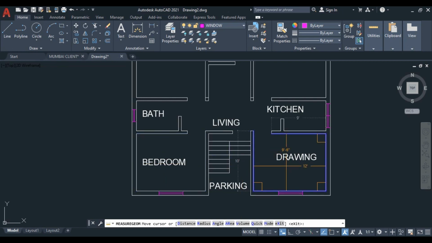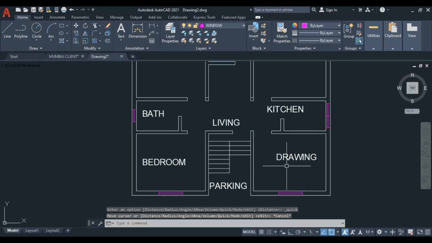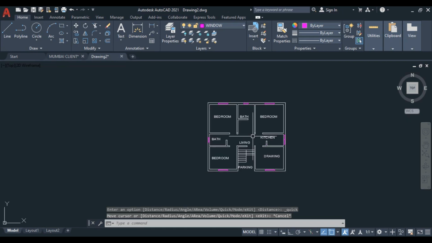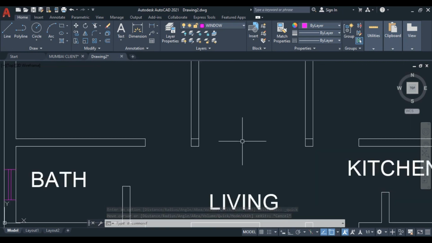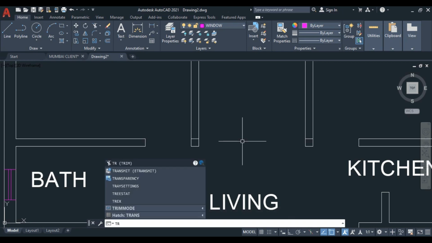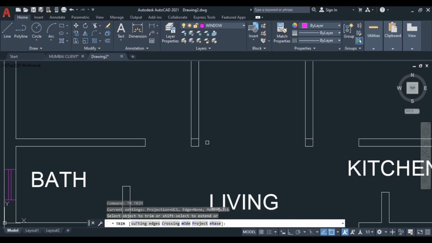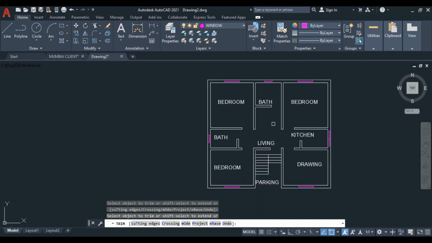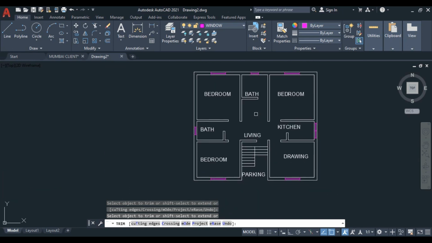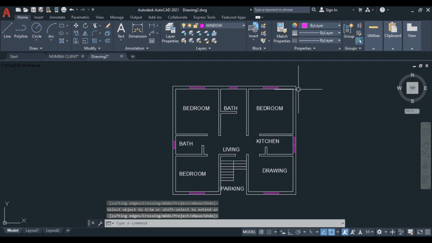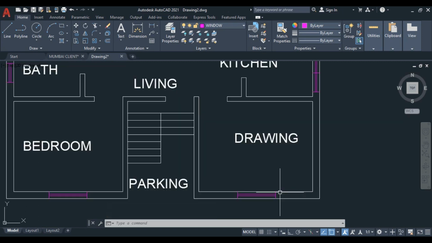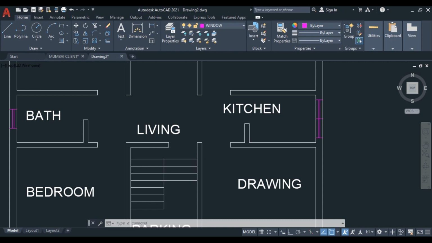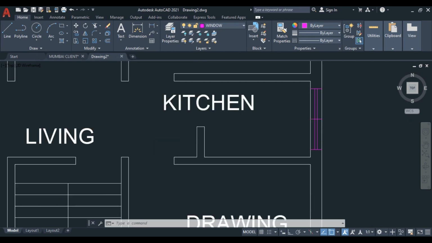Here you can also measure it. Okay, so we also trim this. Create this middle line.